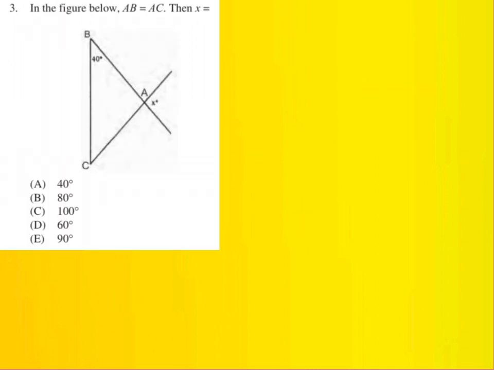So we have a figure given to us and we know that length AB is equal to length AC, which also means their opposite angles are also equal, which means angle at C is also 40 degrees. Now we have to solve for x. X is equal to this angle A because they are vertically opposite. So we are using the property of vertically opposite angles.